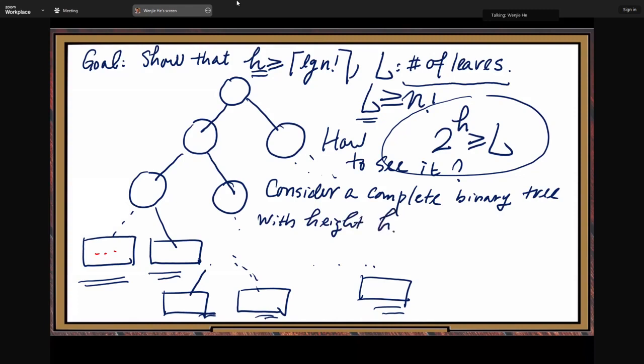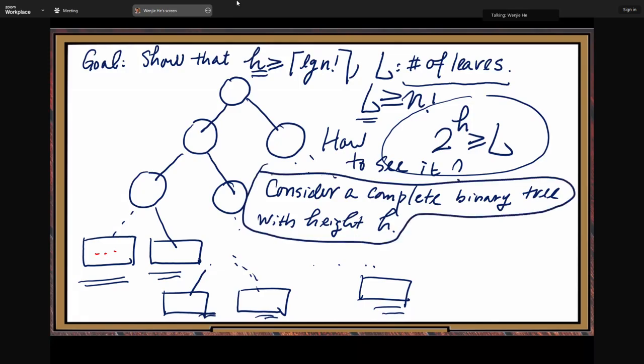When we say complete binary tree, that's among all the binary trees with height h, the one with the maximum number of leaves, right? So this kind of binary tree, a complete binary tree,